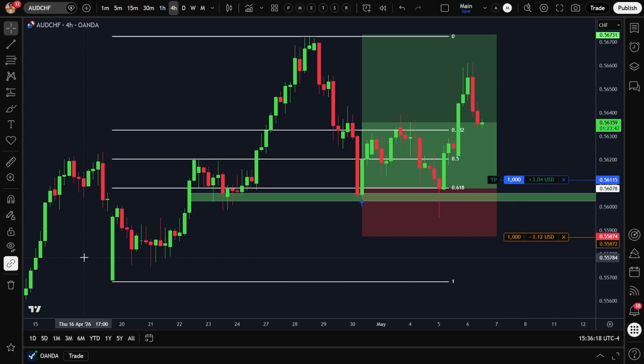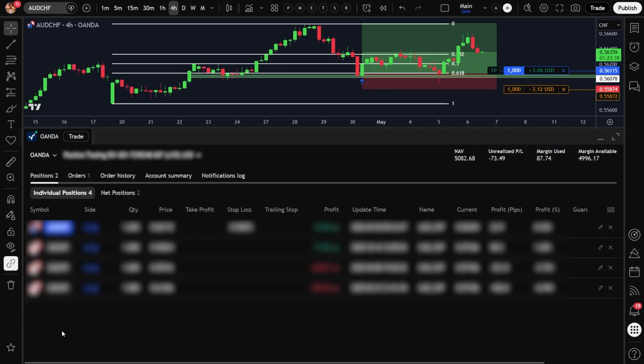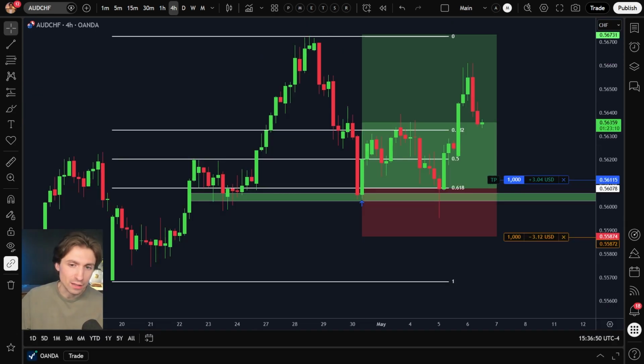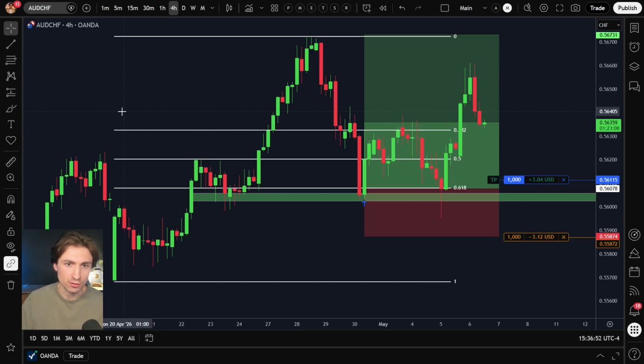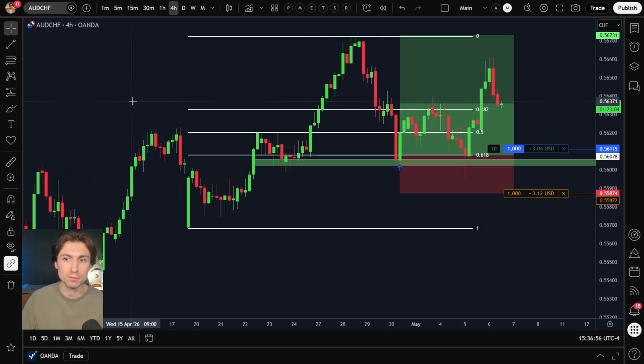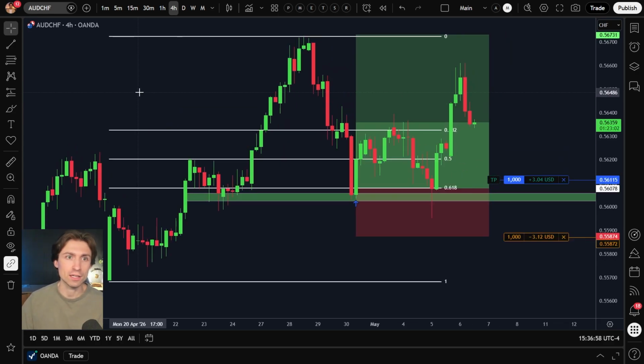Just as a quick recap, in order to log in, simply navigate to the bottom left to the account manager, and then you can simply log in, follow the prompts that are there. But once you're logged in, how do we make sure that we are trading the right chart? Sometimes people face an issue in which they try to place trades on a chart, but there is no ability to trade that chart. You have to make sure that you are using OANDA's version of the underlying symbol you